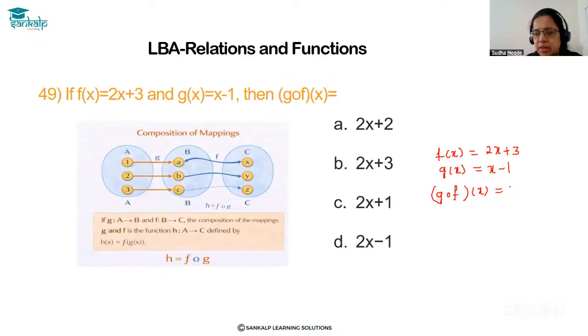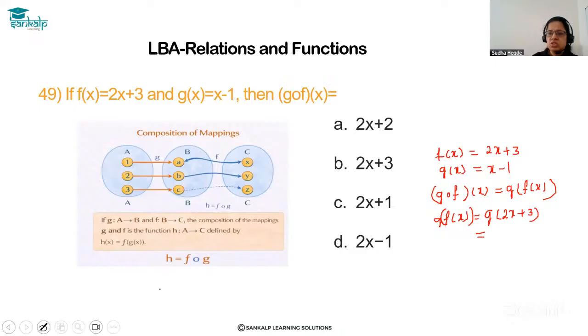That is G of what? F of x. Correct? So, G of f of x is equal to G of, what is f of x? It is 2x plus 3. So, what is G of 2x plus 3? G of 2x plus 3 is,